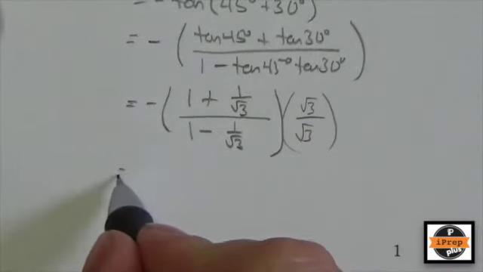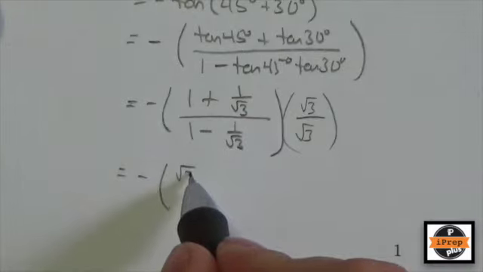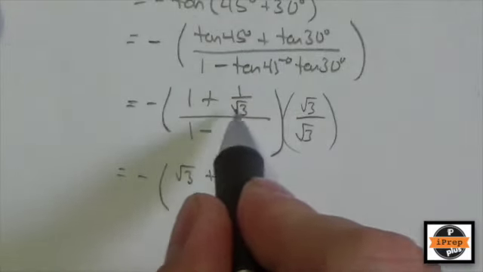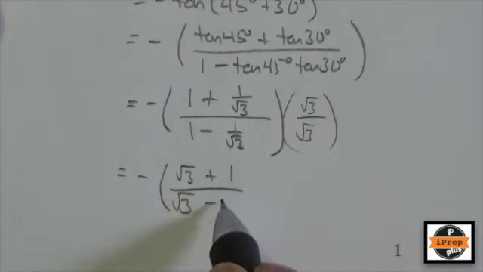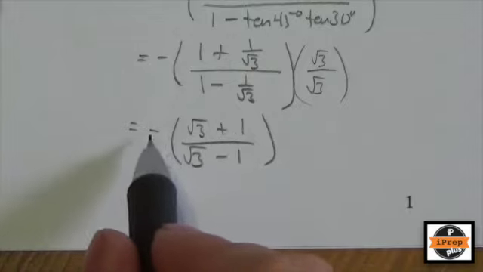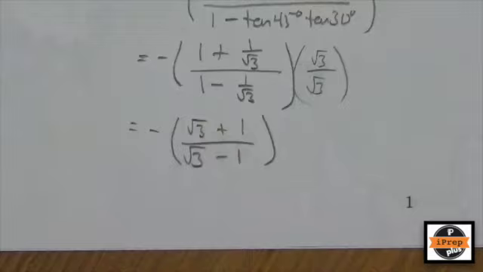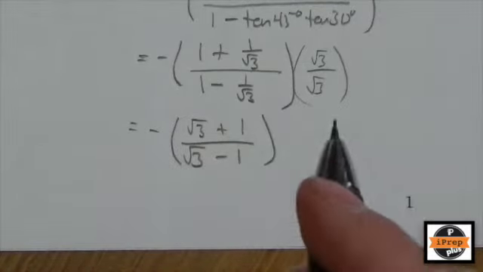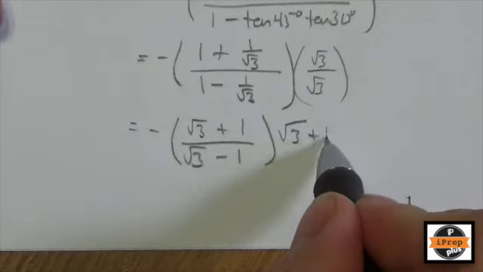Now, when I do that, that negative out front stays there, but that root 3 distributes. This will become root 3 plus, and then the 3's will cancel and get a plus 1. Root 3 times 1, root 3, the root 3's will cancel down here, and I'll end up with minus 1. And so I get this ratio here, negative root 3 plus 1 all over root 3 minus 1. Which, for a number of you, may be as far as you're required to go, but I suspect that a number of you